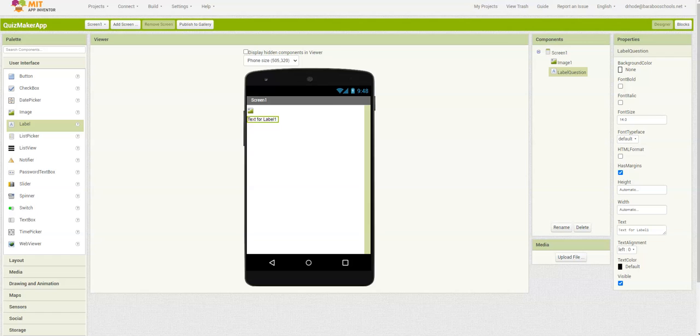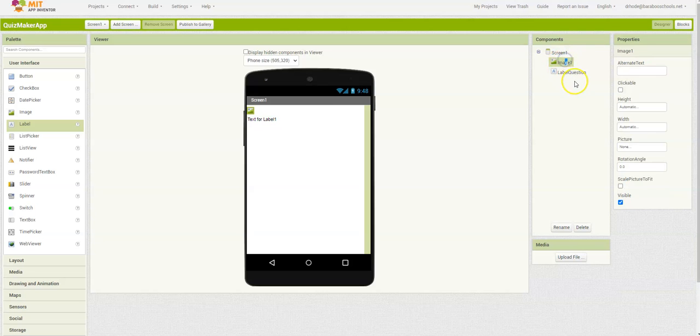Now, I'm going to change some of the properties of label question and of image 1. So let me go back to image 1. Sorry about that. I want to make the height for the image 50%, and I'm going to make the width fill the parent. Right now, there's not going to be any picture there, but I'm also going to click on scale picture to fit, so that even if it's a huge picture,